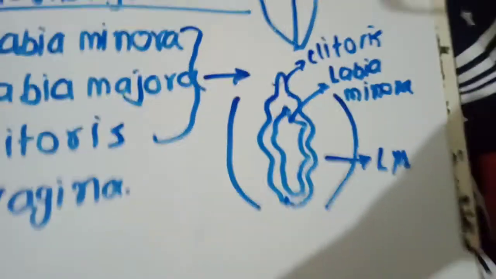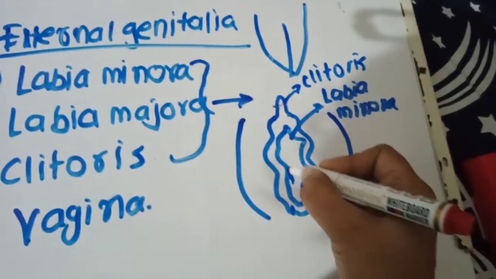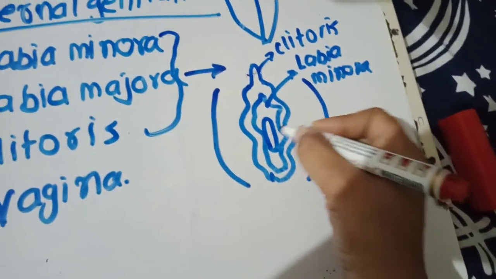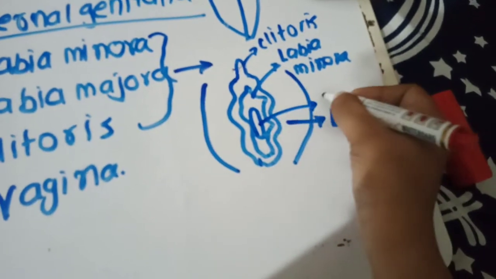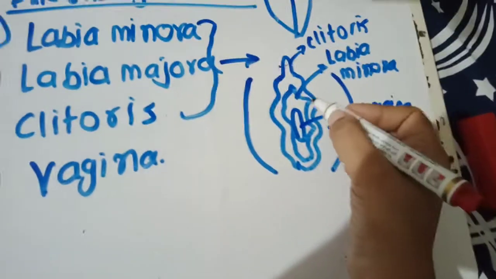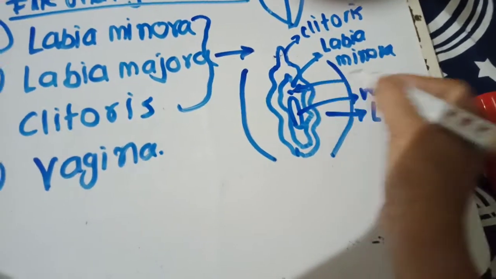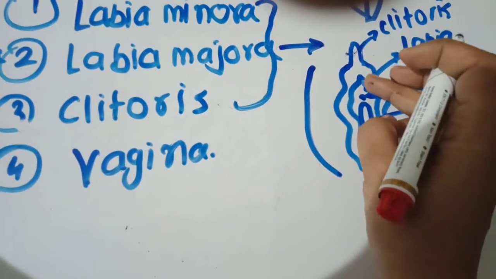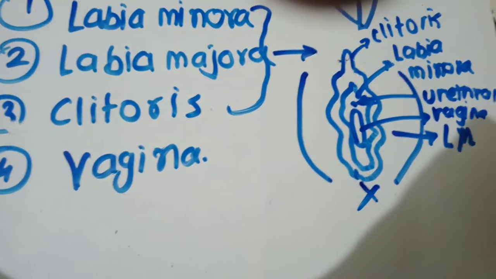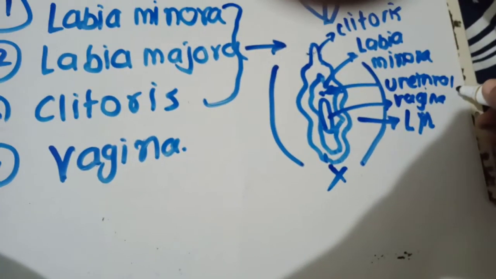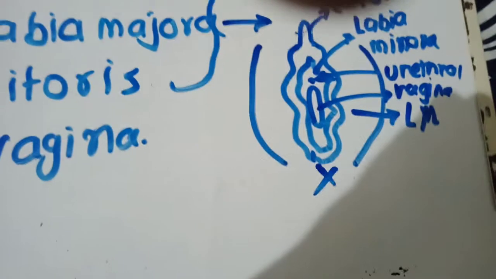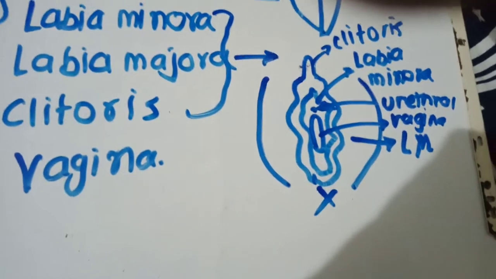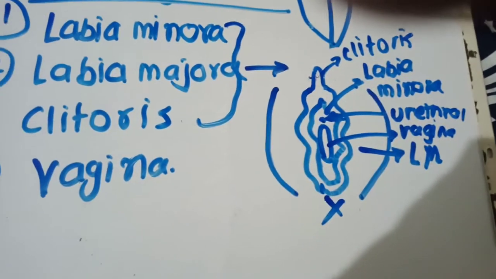And the next one here, inside this there is an opening. Here you'll see this is the vaginal opening. Above this vaginal opening there's another opening, called the urethral opening. Here above your vagina there is the urethra, and here is the anus. The urethra is the organ from which urine gets expelled out. So this is how all these organs are here.